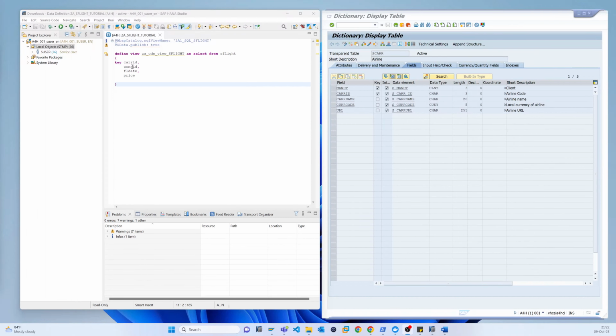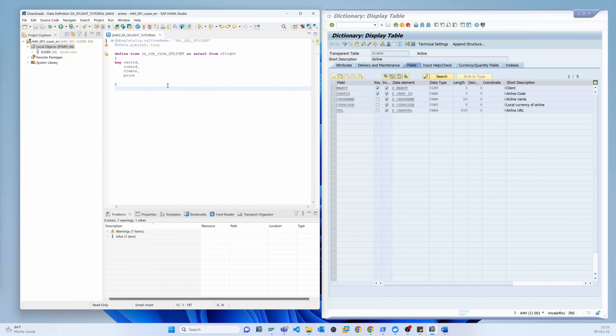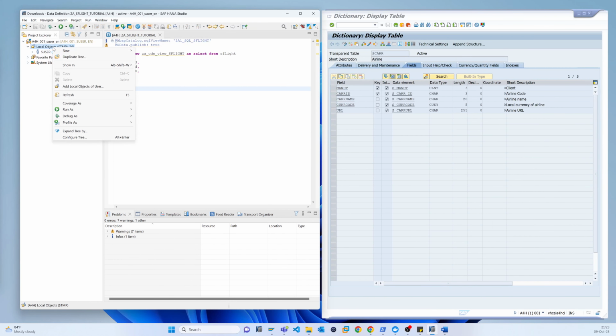Okay, so in the previous video I created this view on the S flight. In the same way, we have to create another CDS view for the airline information. So I just copy this, and the same way new